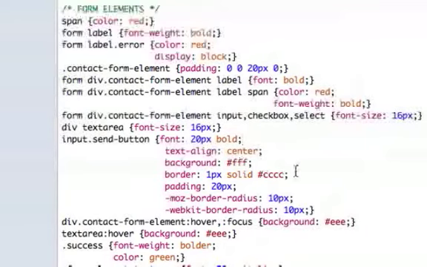We set the font size for the text area because that's a separate element. We set up a send button which gives us that nice shadow and the rounded